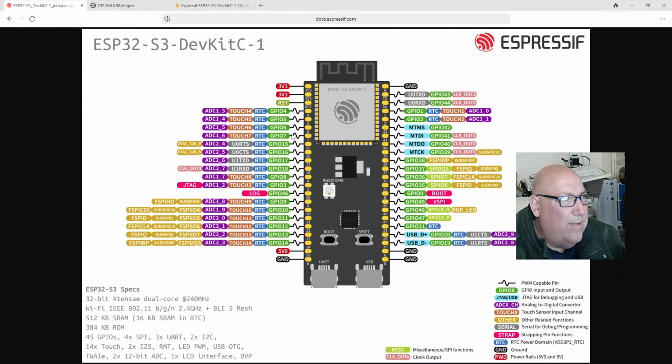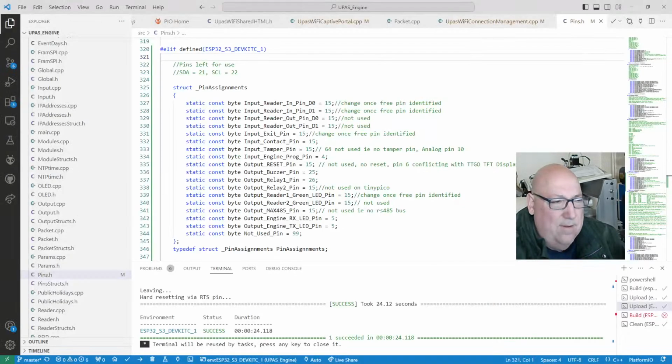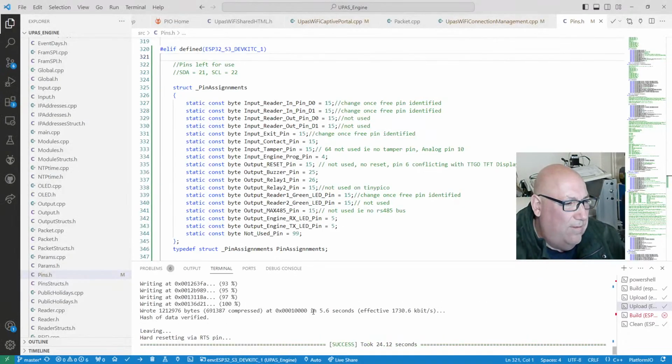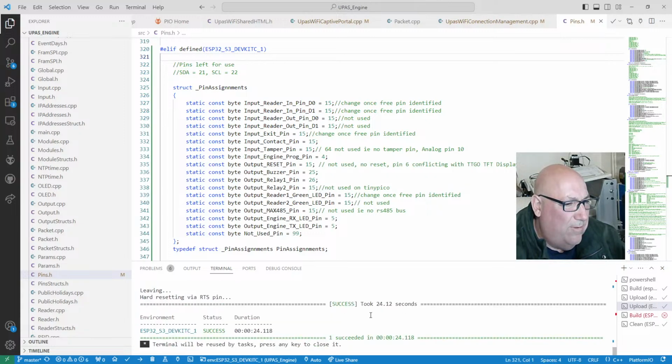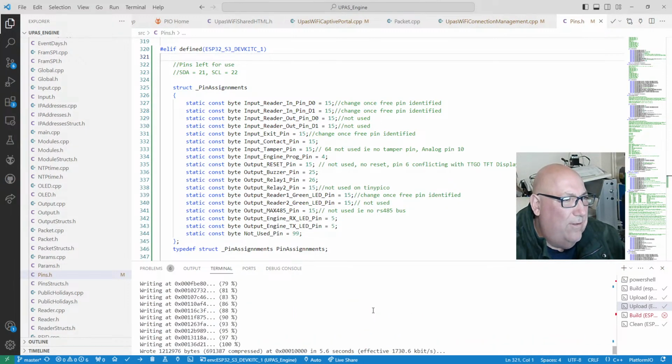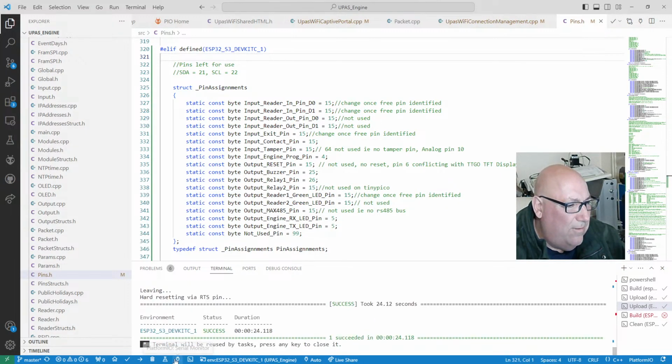Why are we missing pins? Oh, it's written it this time, no problem. Oh well, the speed it writes it at, I wouldn't be surprised. Right, so what have we done? Oh, we've turned the debug off. So if I go on to serial monitor,